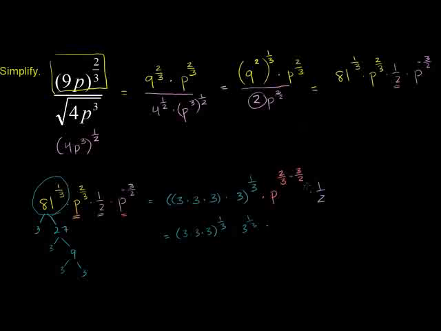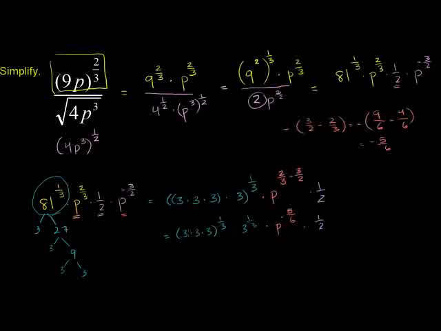Let's just work out the exponent of p. 3/2 is a larger number, so let's say it's the negative of 3/2 minus 2/3. If we use 6 as a common denominator, 3/2 is 9/6 minus 4/6, which is what 2/3 is equal to. So 9 minus 4 is 5/6, but then we have this negative out here, so it equals negative 5/6. So times p to the negative 5/6 power, times the 1/2 over here.